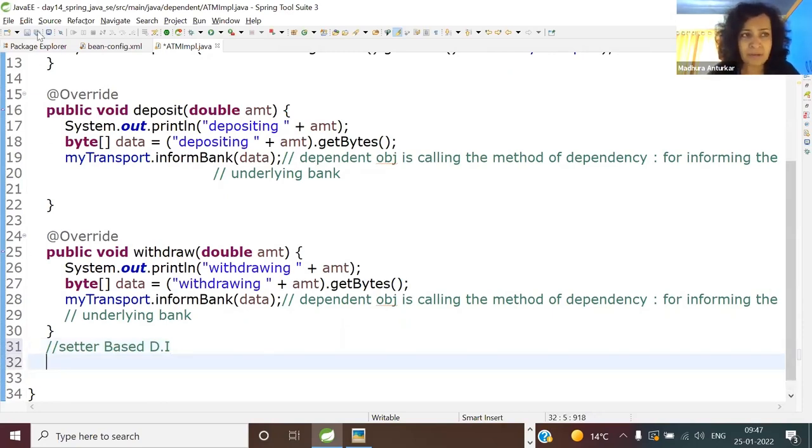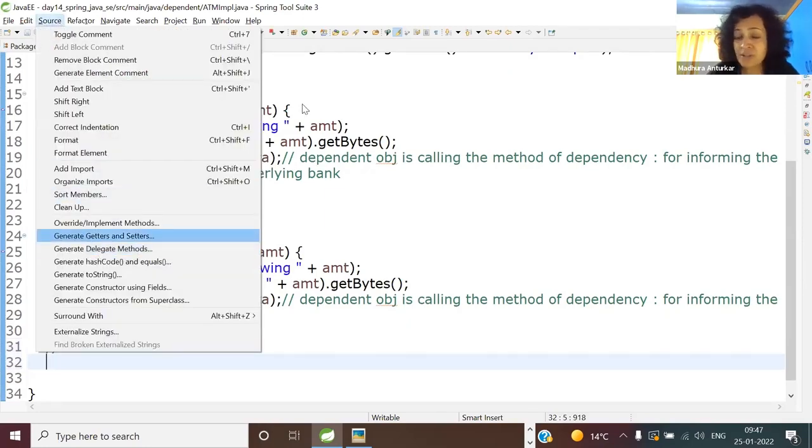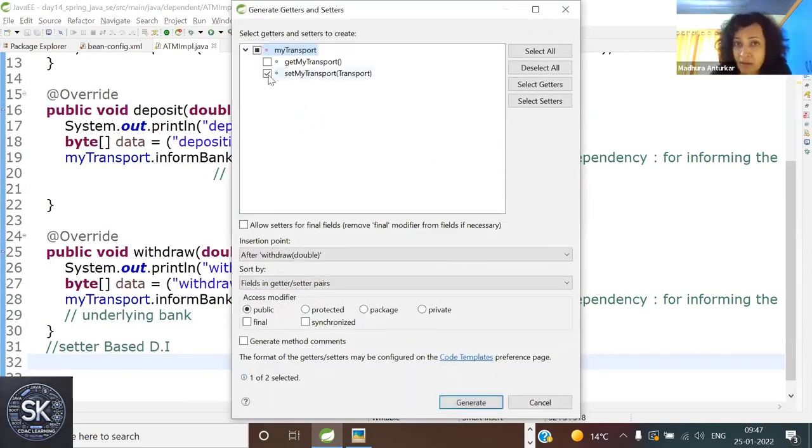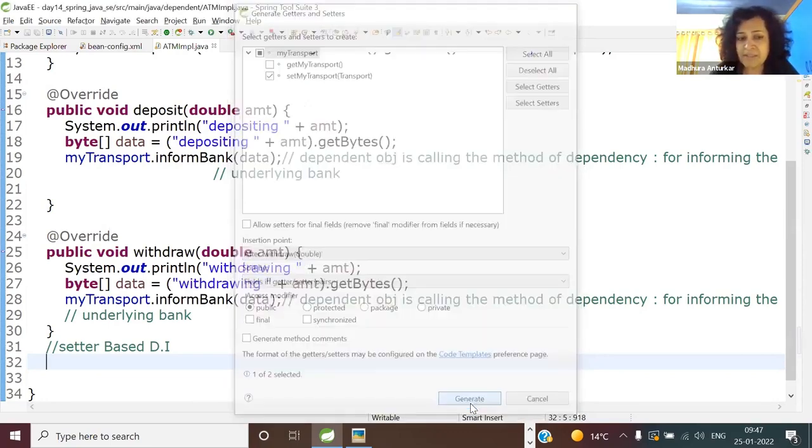Don't type it out, you might make spelling mistakes. So don't generate the getter. There is no concept of getter-based DI. Here, your container is going to call this method and provide you with the dependency. So you will see shortly, there are 3 flavors of dependency injection. Setter-based DI. Whenever you write that argumented constructor, parameterized constructor, it is called constructor-based DI. And there's a third one called factory method-based DI. You'll understand the factory method pattern over the day. So choose the setter, please.